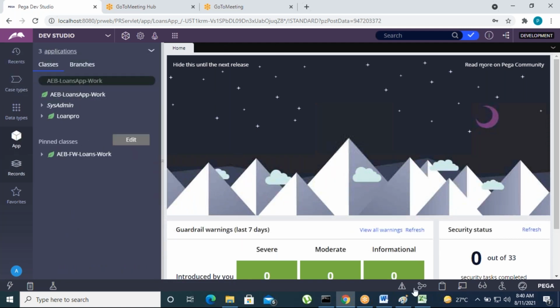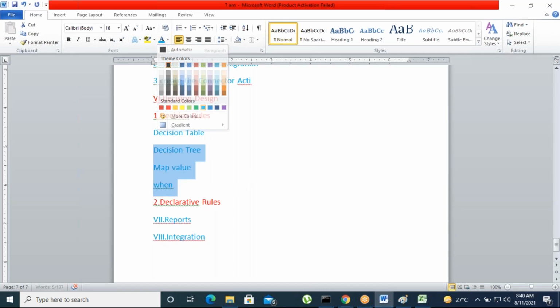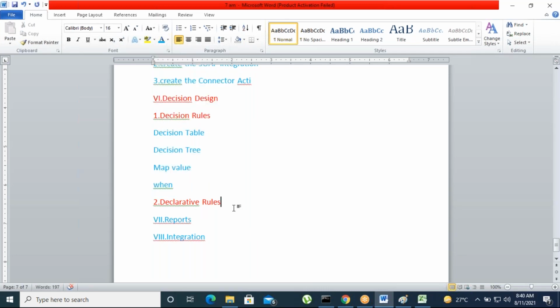Decision rules are completed. I already told you so many situations, where the outcome is nothing but boolean values. Then next we'll go for the declarative rules.